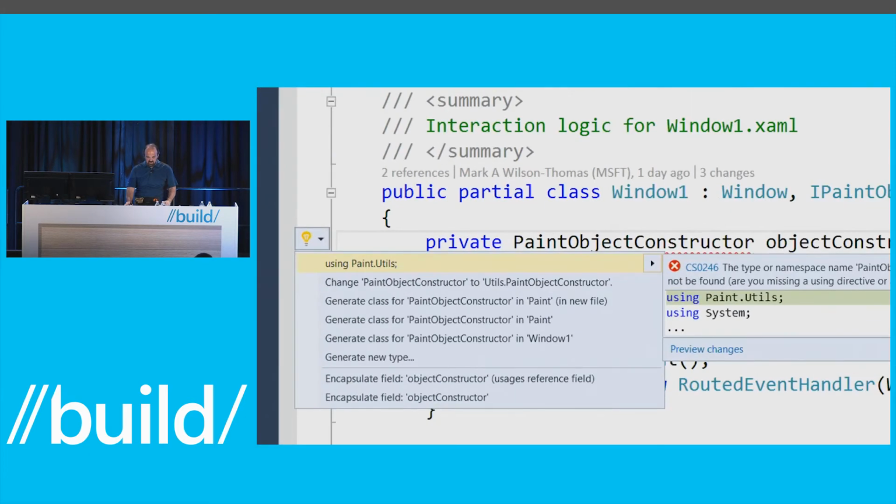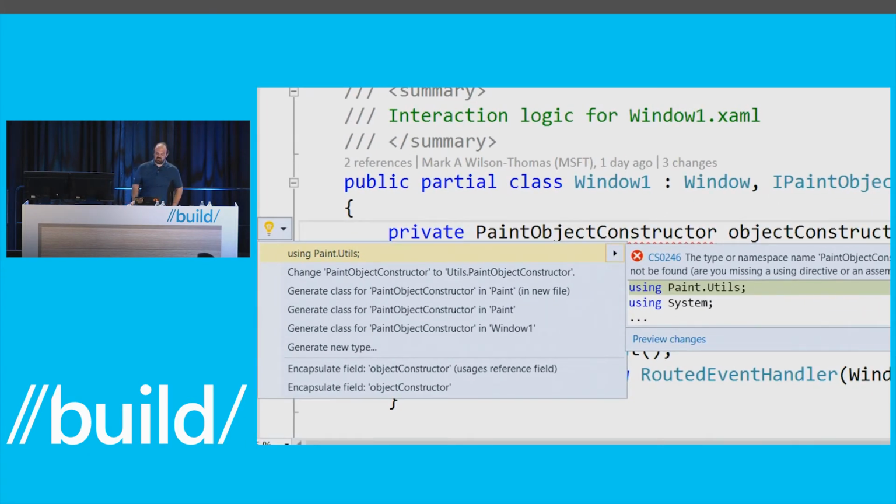A little bit of a tour of the anatomy here. First, you'll see that on the left here, I'm seeing a whole list of things that I could do to fix the problem that I was experiencing. So there are various different options, and as I move down through them in a moment, you'll see that the preview, which is over on the right-hand side, actually shows me what I'm going to get when I take that action. So you'll see here, in this case, I'm getting a green line for paint.utils, which is going to be added to the top of my code,